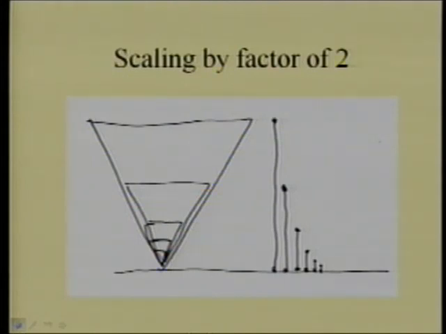So here is the scaling sequence, which is just factors of 2. Shown on the right, I pick the downward pointing triangles from the Sierpinski gasket and just draw them on the left. And on the right, I have a sequence of scales. So this is a scaling sequence by a factor of 2, just to emphasize that I keep going down and down and down by factors of 2.